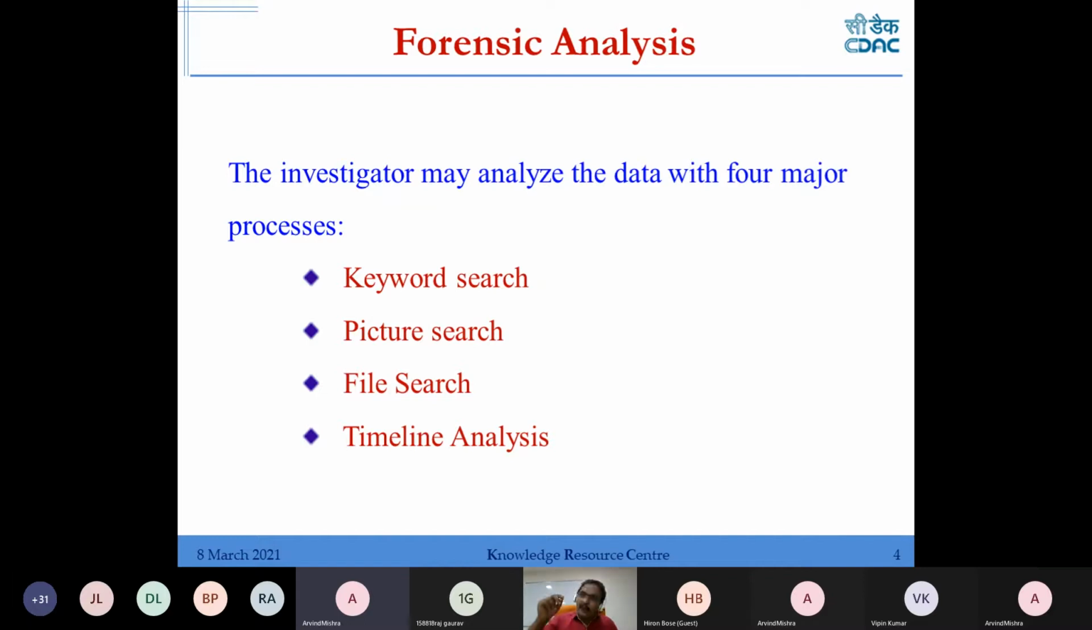Now, when I take the image, it contains data from 2010 onwards, which I don't need. Why? Because the incident happened only in 2019. Why would I need to go through the data from 2010, 2011, 2012? But the image contains all that. That is the problem. So what timeline analysis means is that out of the data from 2010 onwards,